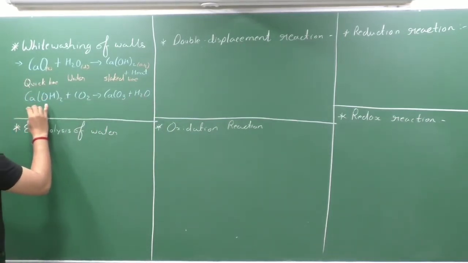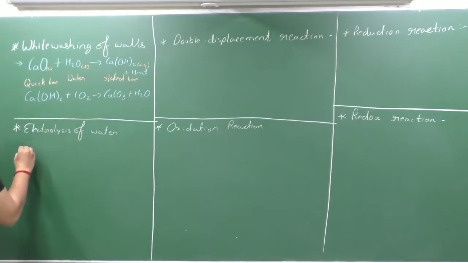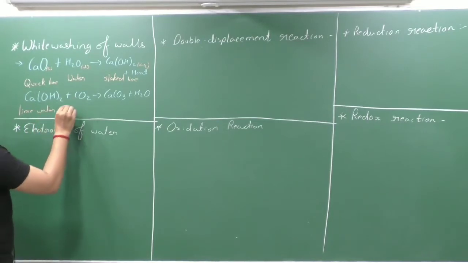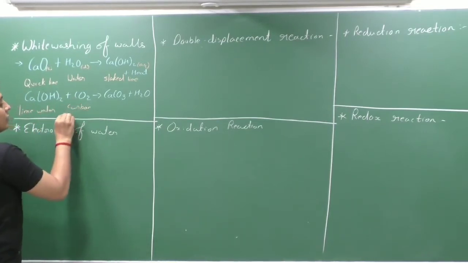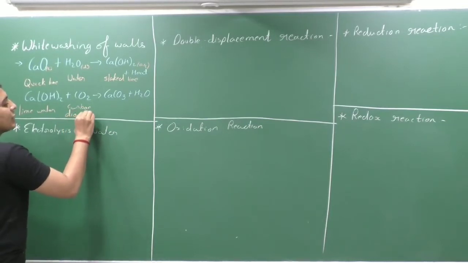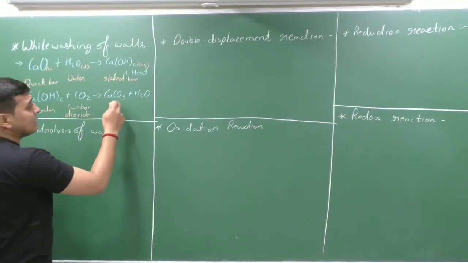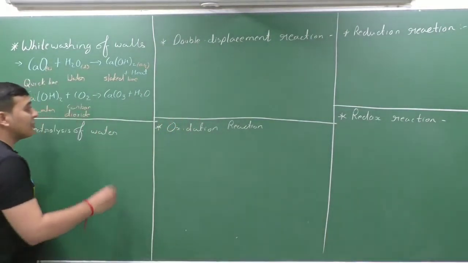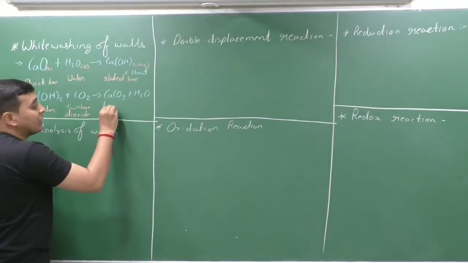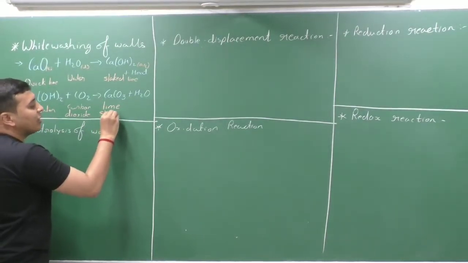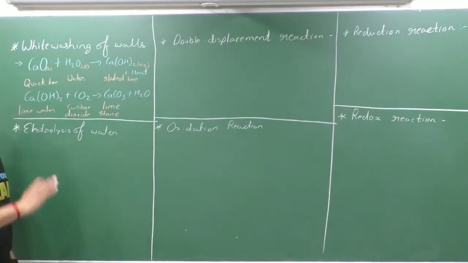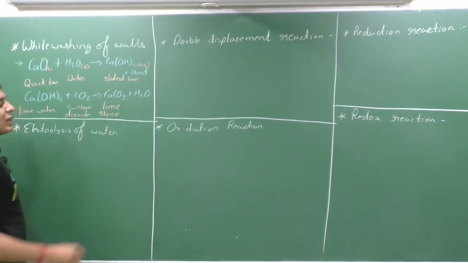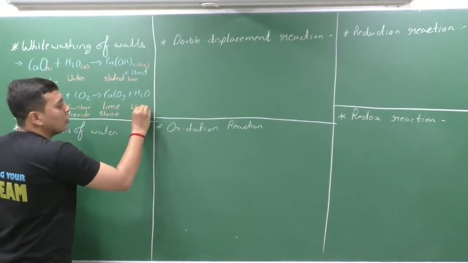What is the name of the calcium hydroxide? Another name, common name, that is slaked lime or lime water. You can also write lime water. It is carbon dioxide. Here it is calcium carbonate, CaCO3. CaCO3 means calcium carbonate. The another name of the calcium carbonate is limestone. You heard about the word limestone in the previous standards, either in standard 7, standard 8 or standard 9. But limestone means calcium carbonate, and H2O, that is water.